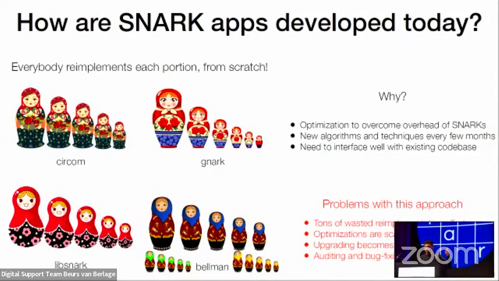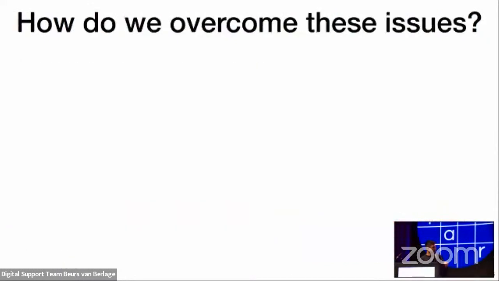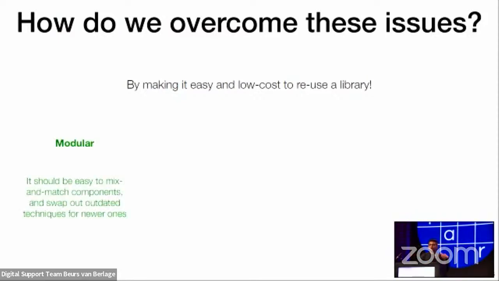Okay, so there are these problems. So let's see how we can actually try to resolve these issues and maybe have the community converge to a single set of libraries. What we want to do is to make it really low friction to use this sort of community standard library. How do we do that? By designing your libraries in a modular way, which would allow users to pick and choose whatever parts of the ZK SNARK stack they want to use.